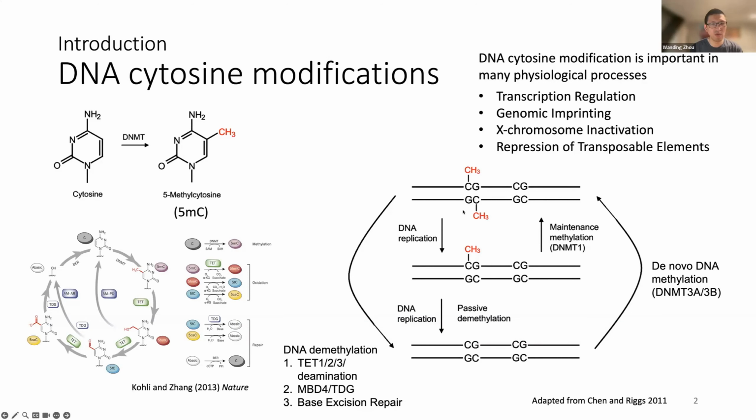But recently, people realized that hydroxymethylation is more seen as a separate, stable epigenetic modification. And collectively, cytosine modifications play an important role in many physiological processes, gene transcription regulation, which is most